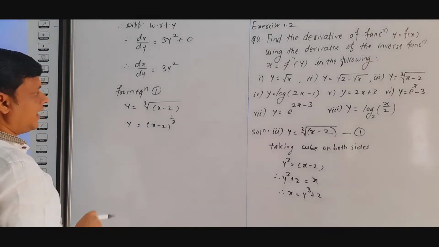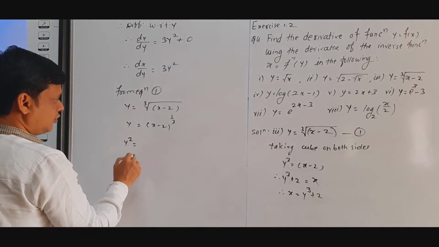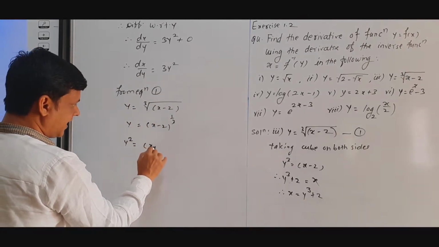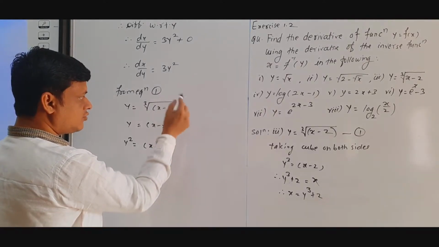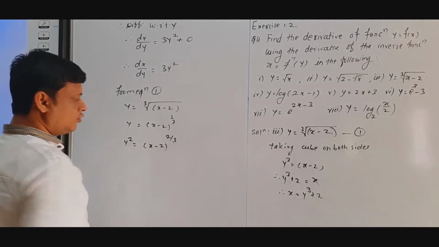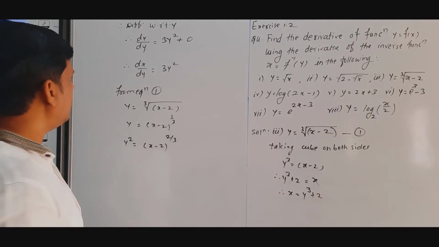This is the value of y. We require the value of y square, so taking square on both sides, we write y square equals x minus 2 raised to the power 1 by 3 raised to the power 2, which is 2 by 3. So y square equals x minus 2 raised to the power 2 by 3,